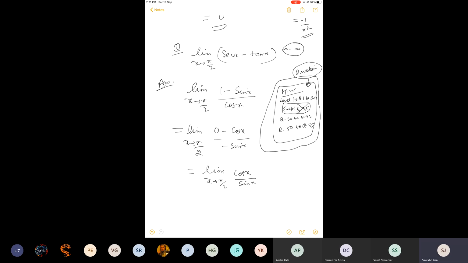I forgot to tell you one thing. Why are we using L'Hospital's rule here? Because after changing into sin and cos, I saw that the question, which was initially infinity minus infinity, is now in the form 0 by 0. Put pi by 2 here: sin pi by 2 is 1, so 1 minus 1 is 0, and cos pi by 2 is 0. That is why I'm applying L'Hospital. This is important. After applying this, we put the value. If the indeterminate form continues, I will have to differentiate again. Otherwise, I will get the answer. Cos pi by 2 is 0, sin pi by 2 is 1. So the answer is 0. I hope you have got the way to use L'Hospital's rule.